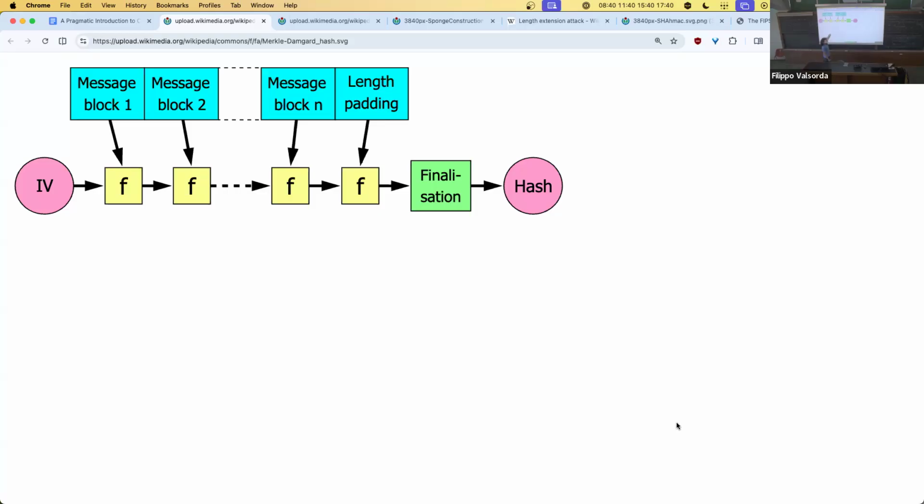You start with zero. And then you apply the compression function with message block 1. 0 and message block 1 gives you an output, which we're going to call H1. And then you take the second block. You put H1 and the second message block into the compression function, you get H2. Chunk, chunk, chunk, chunk, chunk, chunk. And at the end, you take the thing. Finalization is not that much of a thing, actually, in Merkle-Damgård, which is kind of a problem.